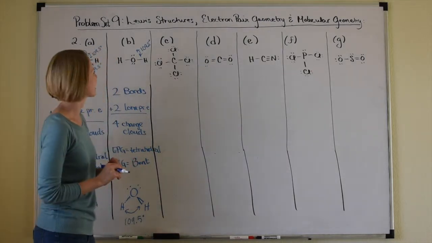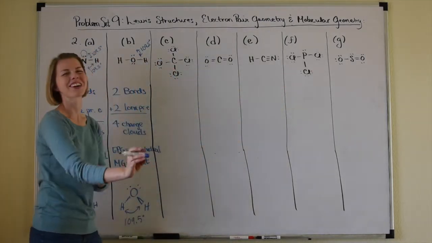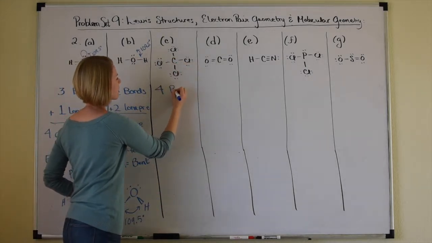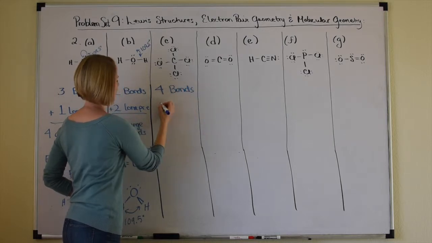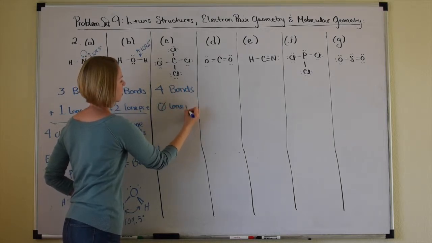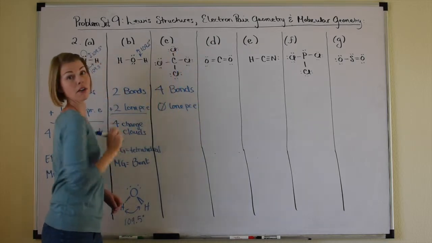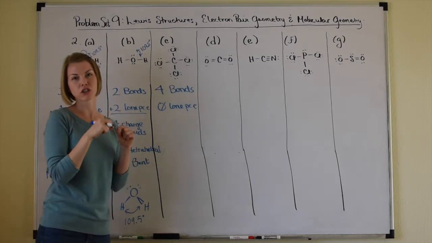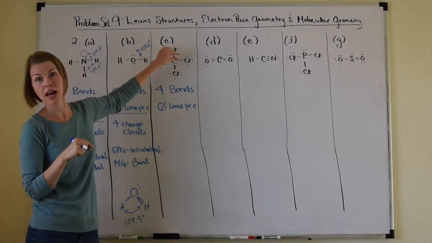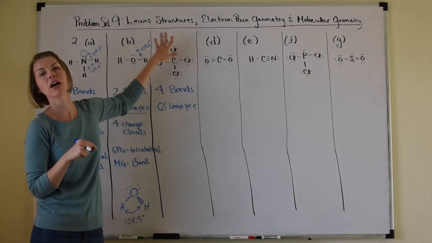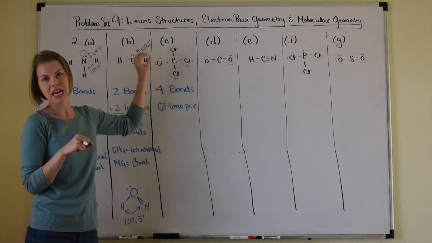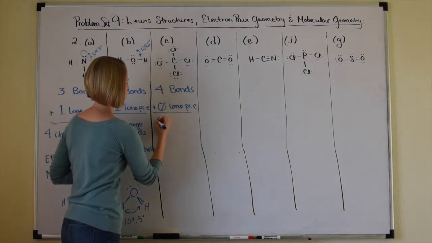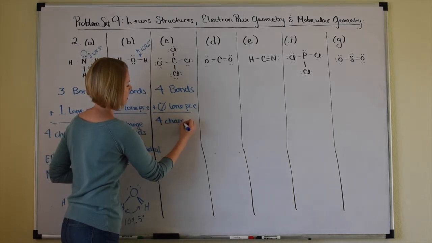All right, going on to C. Carbon tetrachloride. Thought we were on F for a second. Okay, so we're on carbon tetrachloride. We've got 1, 2, 3, 4 bonds and 0 lone pair electrons, at least on that central atom. I know you're probably saying, there's lots of lone pairs in there, but remember that the three-dimensional shape is with respect to the central atom. Okay, and how are those other atoms oriented around that central atom? So 0 lone pairs on the central atom, so that's 4 charge clouds once again,